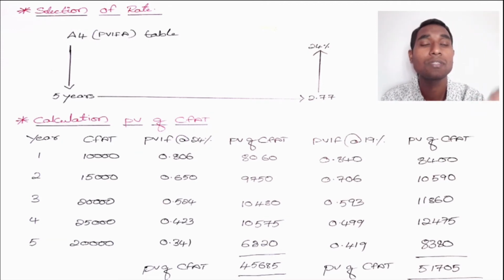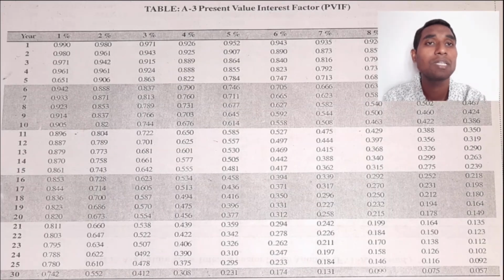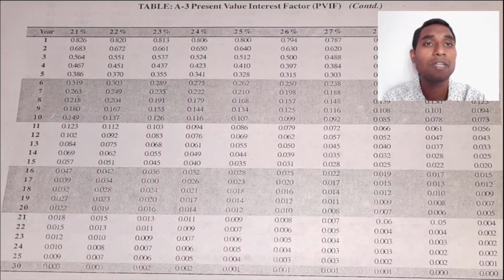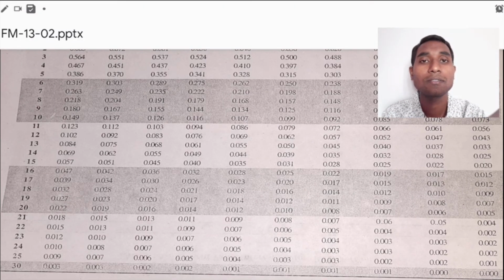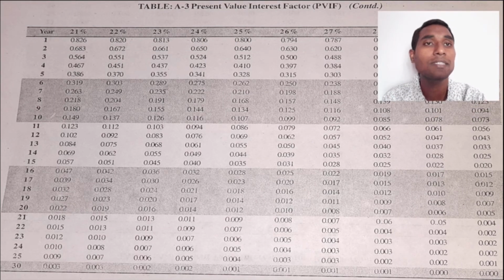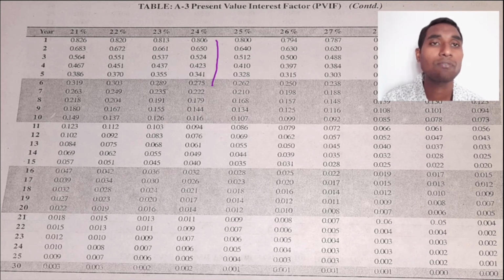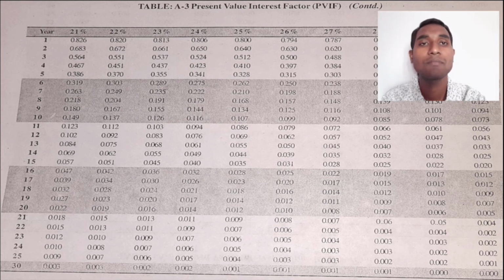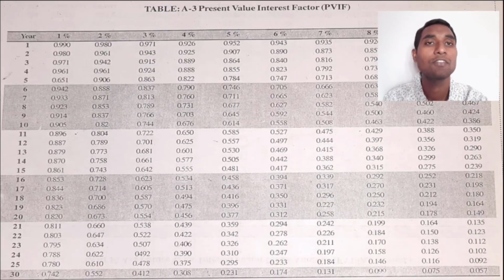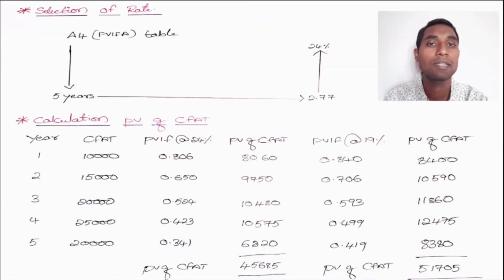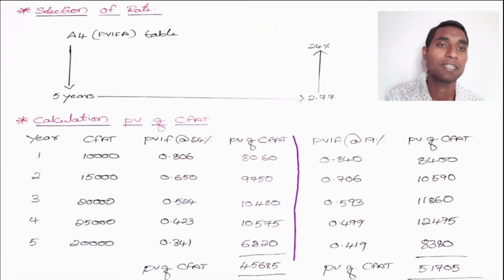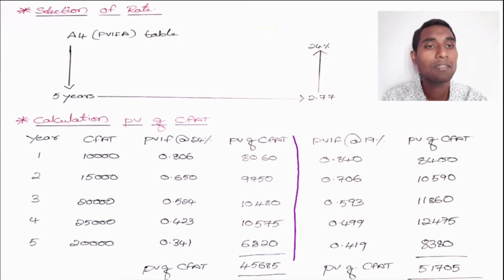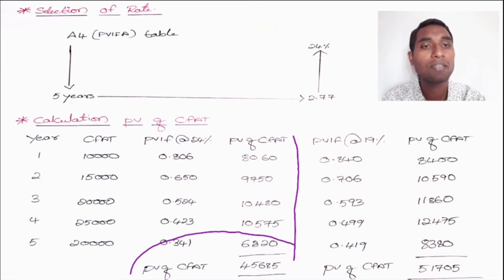So let us do this exercise also. Go to the A3 table, 24%, 0.806, 0.650, 0.524, 0.423 and 0.341. So for 5 years I am taking these values from the A3 table. So I have made it. Then I have calculated the present value of CFAT. So the value, when I have calculated the present value of CFAT, is